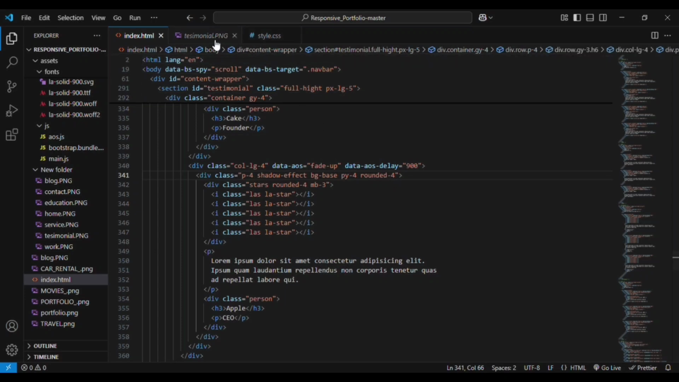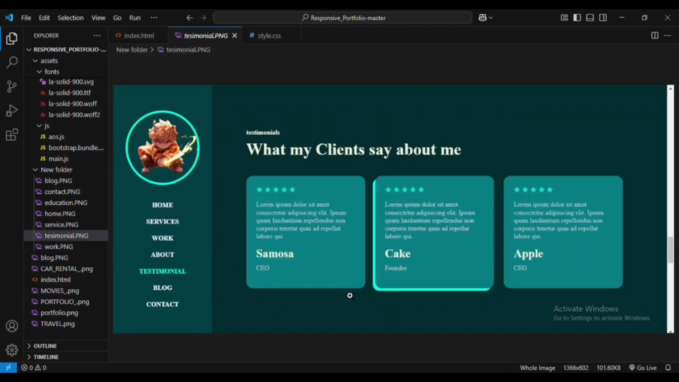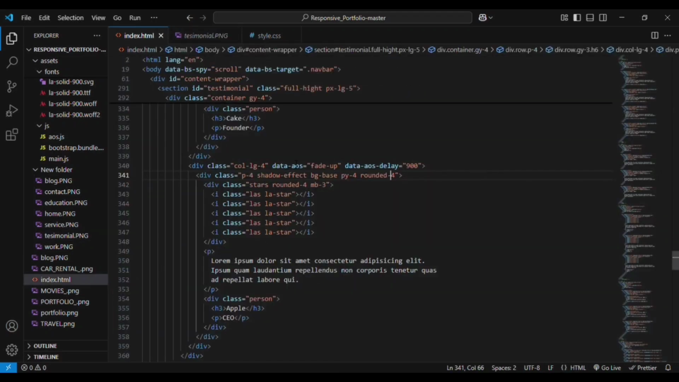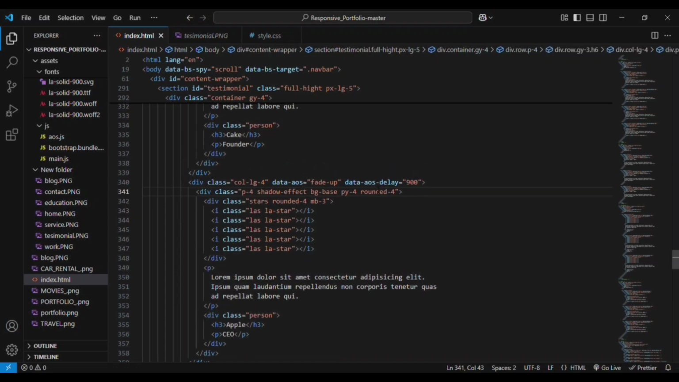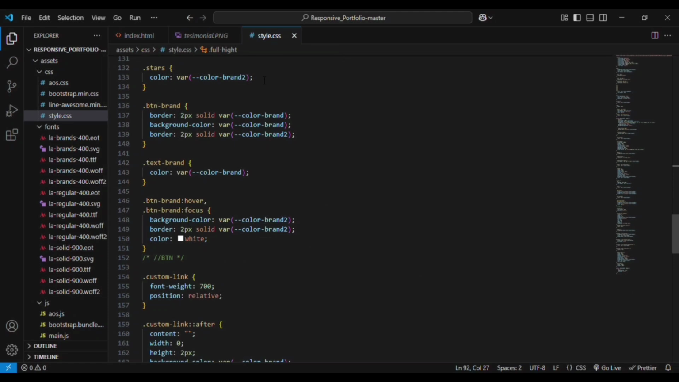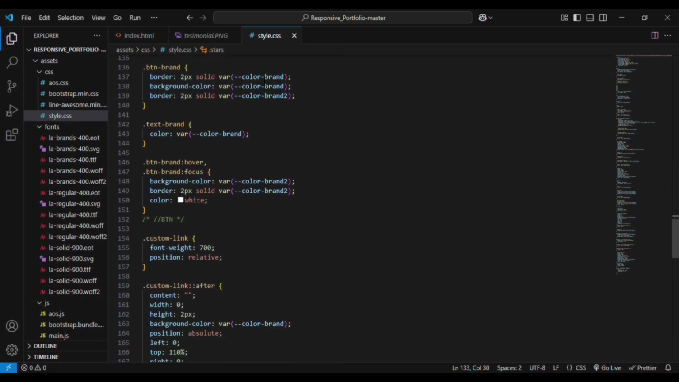You can see the box border and all edges are rounded. Then the shadow effect is added to them, and for the stars we are also adding CSS, that is color is added to the stars. Next we